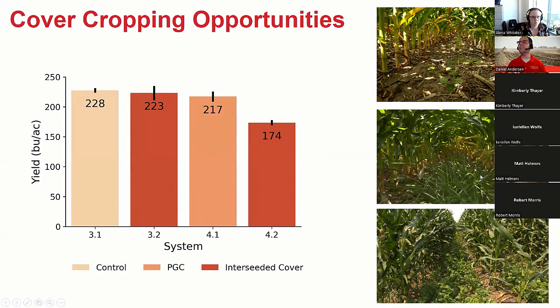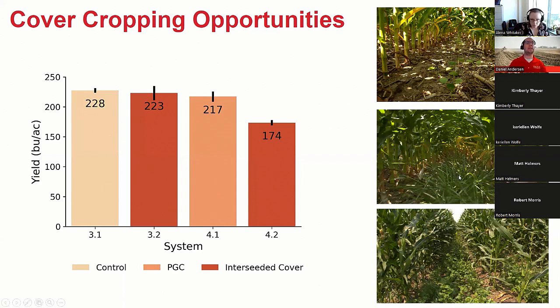And then one other system that's relatively unique is we have something we're calling perennial ground cover. And really what it is is Kentucky bluegrass. And you can see it in that middle picture. It looks quite pretty there, growing between the corn rows. We do spray that with Liberty. It will turn brown throughout most of the summer.